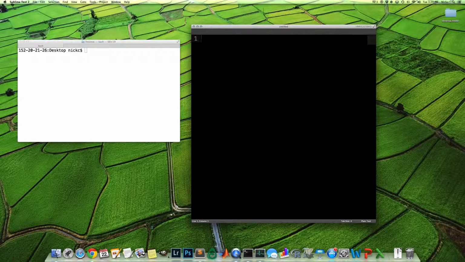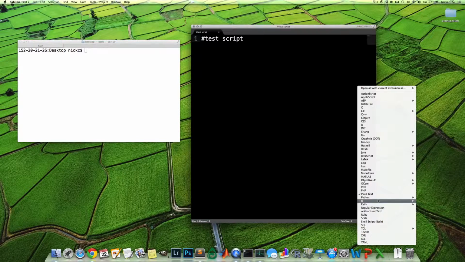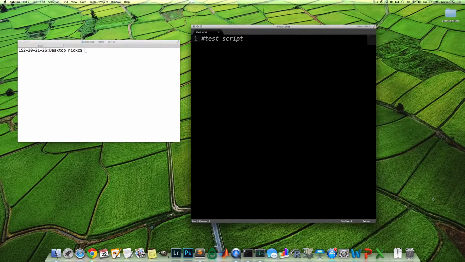So I'm just using my text editor, Sublime Text 2, and the first thing I'm going to do is call this test script, and I'm going to make sure I have the right syntax highlighting selected, Python. Okay, so now my syntax is highlighted correctly. I'm just going to import the packages that I need. So import numpy as np, import matplotlib.pyplot as plt,